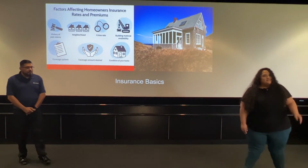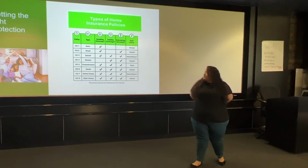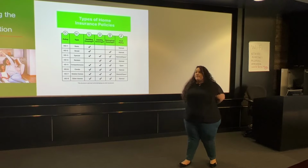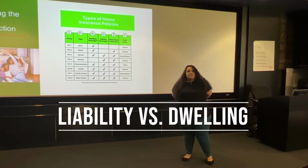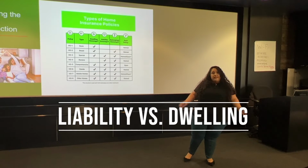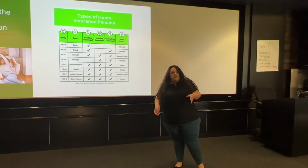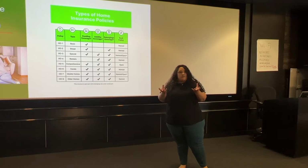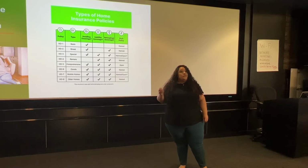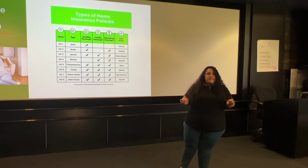Of course. Could you explain the difference between liability coverage and dwelling coverage? I don't understand what that means. So your dwelling coverage is basically going to be covering the actual dwelling itself: your roof, the siding, the actual house. Your belongings, and your liability is actually going to be covering